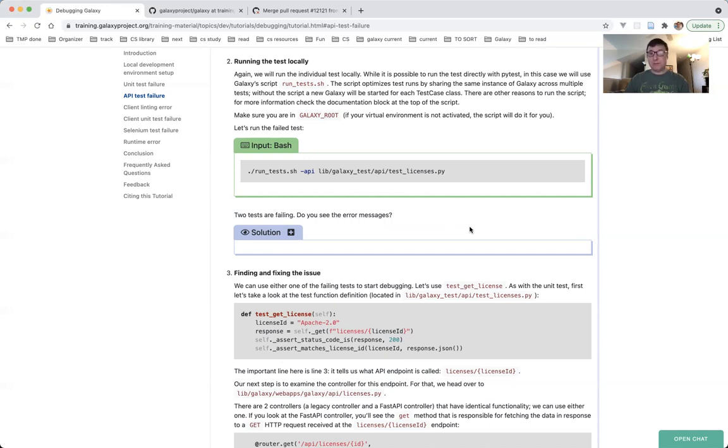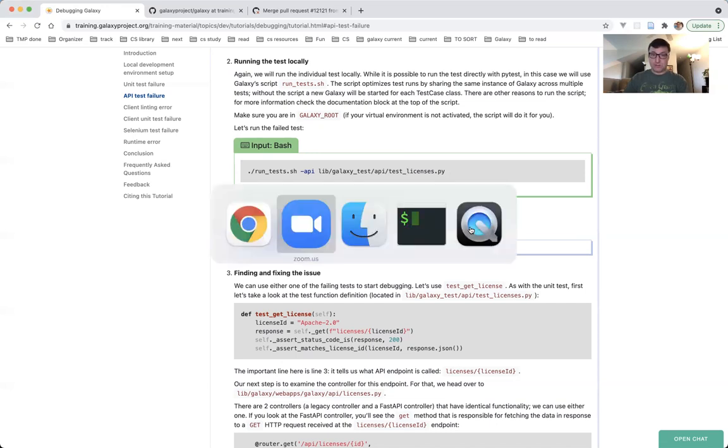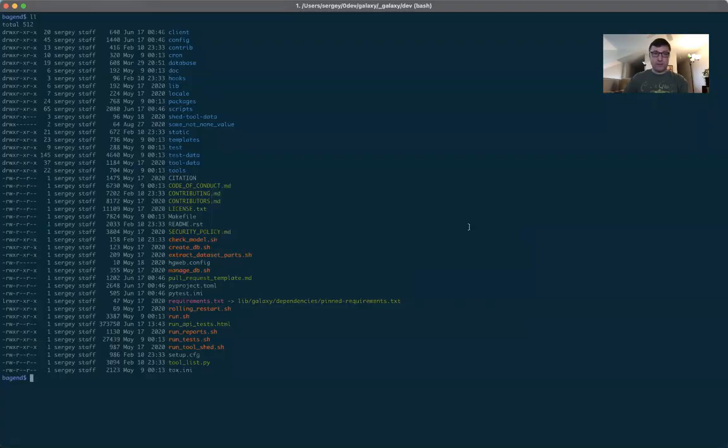There are other reasons to run this script, and for more information, you can take a look at the documentation block at the top of that script. And let me show you that script. So heading over to my tutorial, this is my Galaxy root. And if you look at the files, you will see